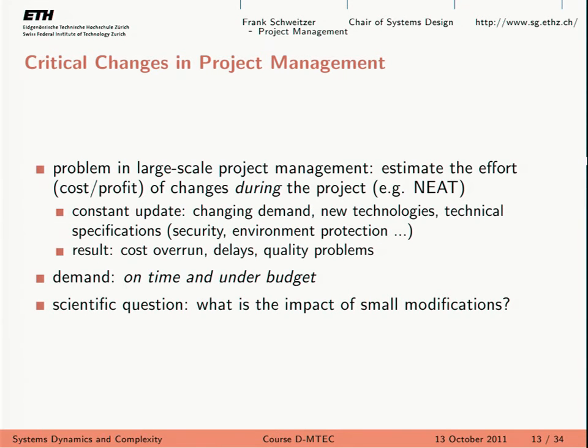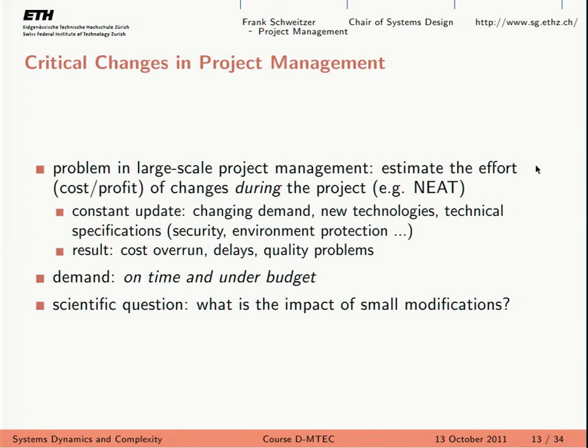In large-scale project management, for instance, yes, the tunnel, the Gotthard rail tunnel, right? It's a huge project. I think it's going to be completed 2015 or 2016 or something. It's going to be open for use. I think it started in 1991 or something. So it's a huge project. And you can imagine that in these big projects, even if everything goes according to plan and your customer doesn't want any changes to be done, there are still things happening that you cannot control.